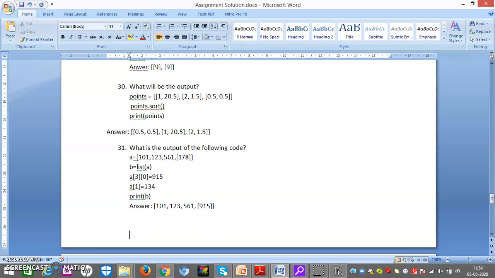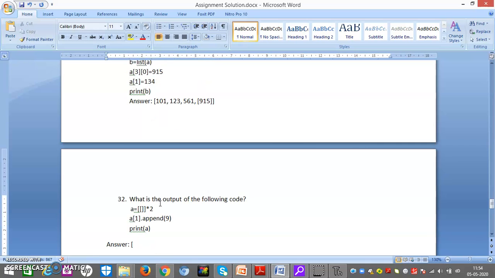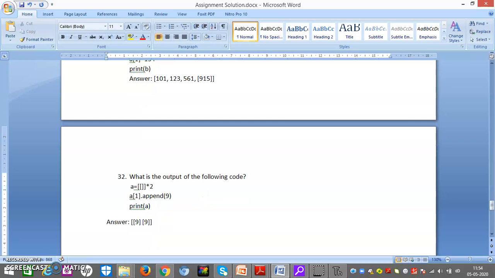The answer will be 9, 9, and process. I will remove the comma from here. The value is this, right? Because append does what?